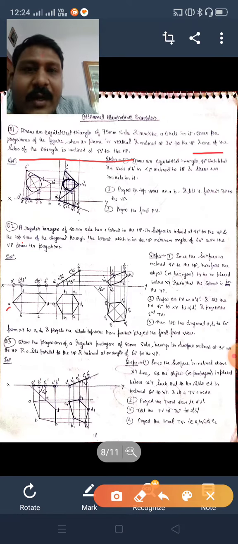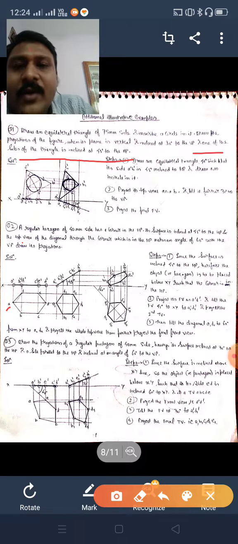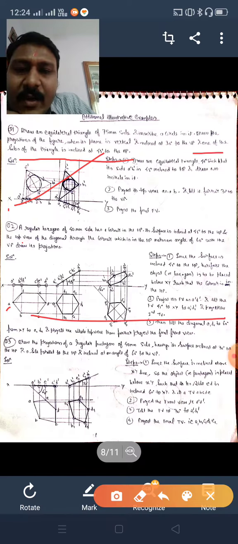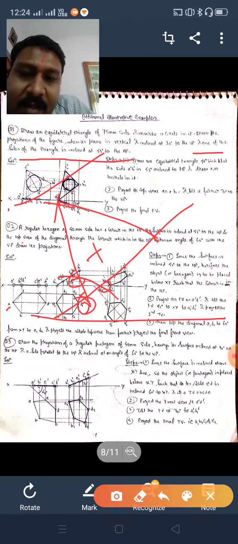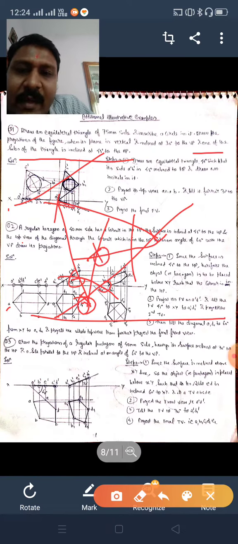That's it. It is given that the side is inclined 45 degree to HP, so draw it here, 45 degree to HP. Draw the XY line, then draw a 45 degree inclined line. On this inclined line, mark the two points of the triangle, 75 mm. From here cut an arc of 75 mm, from here cut an arc of 75 mm, and you will get the triangle. Now draw the angle bisector. Put the compass center over here, cut an arc, and from this point cut the same arc which you have measured. This will give one line; do the same from here, and you will get the center.